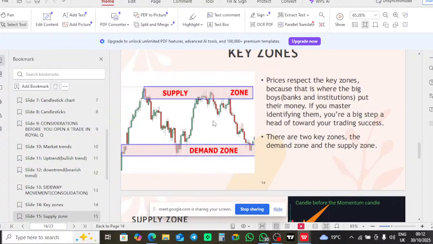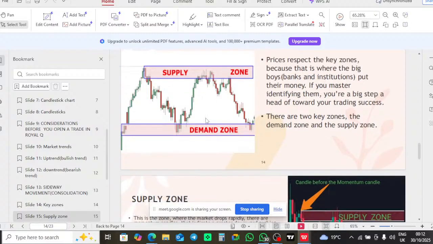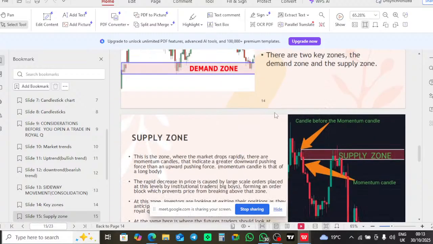Trade with others, don't trade alone. You must enter the market when most people are putting money. But remember, they put money when the market is at resistance level. They will put money when the market is at demand level. I think that is it.